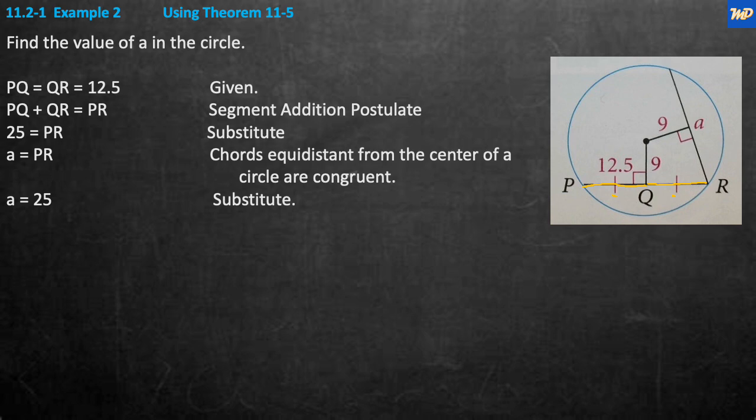And we now know that PR is 25, because 12.5 plus 12.5 is 25. So by substitution, PR is equal to 25. So given PR is equal to 25, A is equal to PR